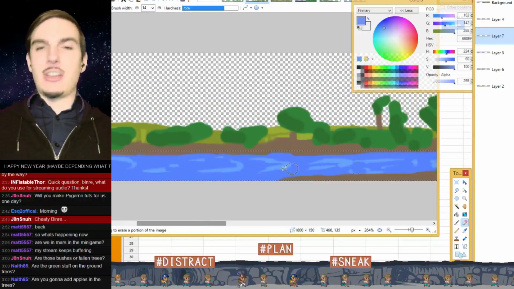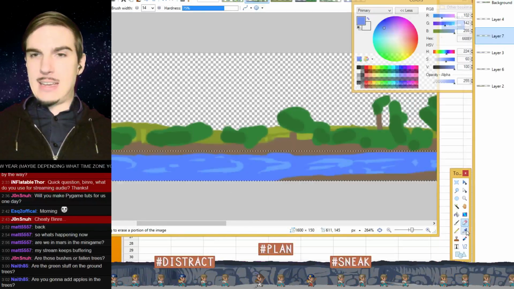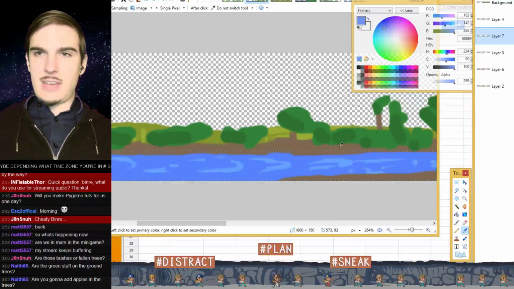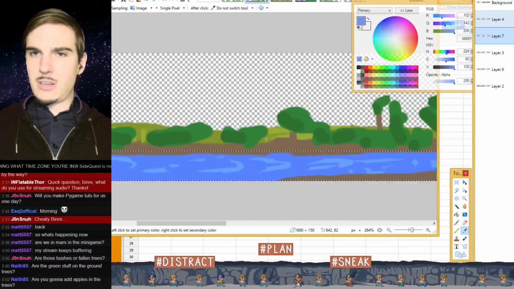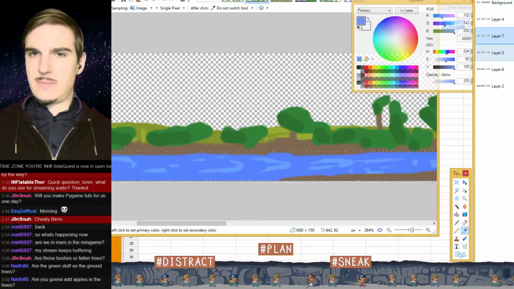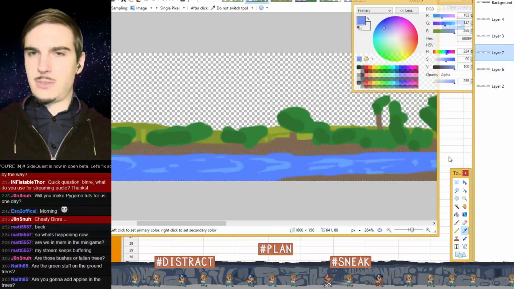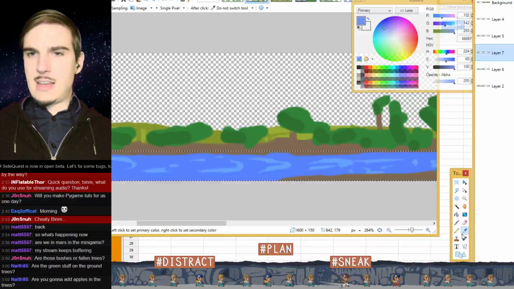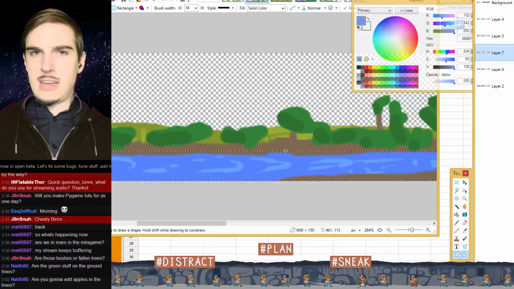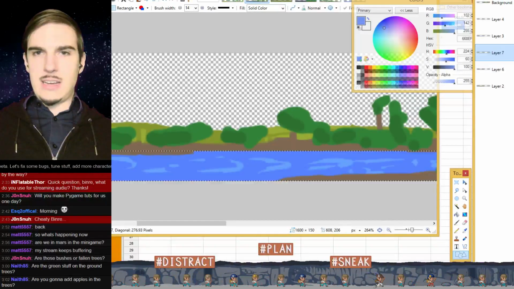Right, okay, so we have the high watermark, and the reason I need this is so that the layer that we're drawing our water on, which is layer 3, yeah, so let's put layer 7 underneath layer 3. For this region, we need the water to at least